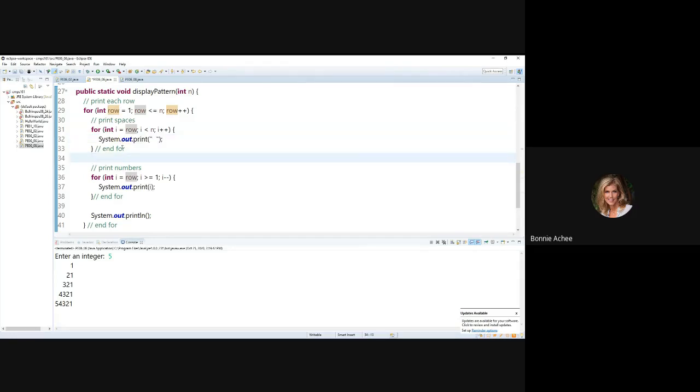Once the correct number of spaces are printed out, now we have to print out those numbers. And remember, we want to start printing the numbers at whatever number row we're on. So if we're on row 1, we only want to print 1. If we're on row 2, we want to print the number 2, followed by the number 1. And so here, we're able to reuse this I